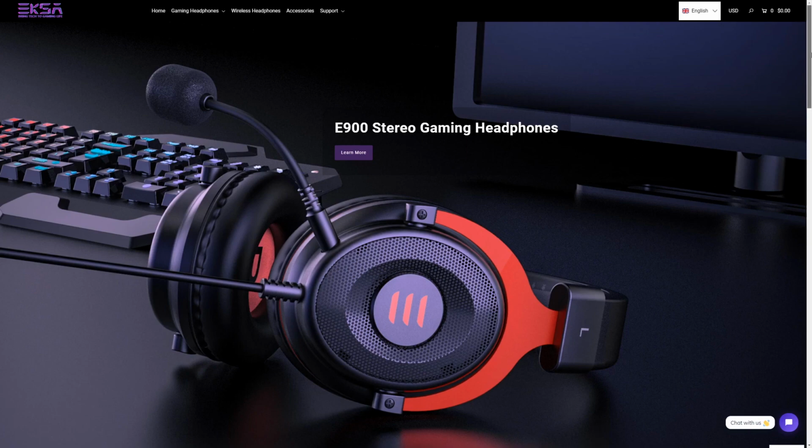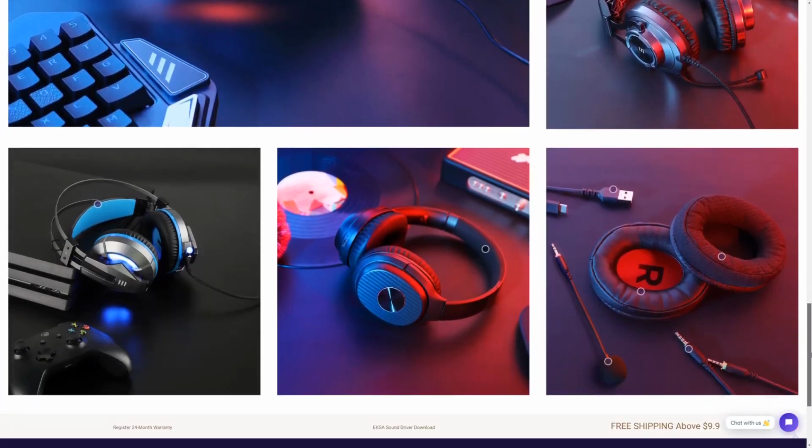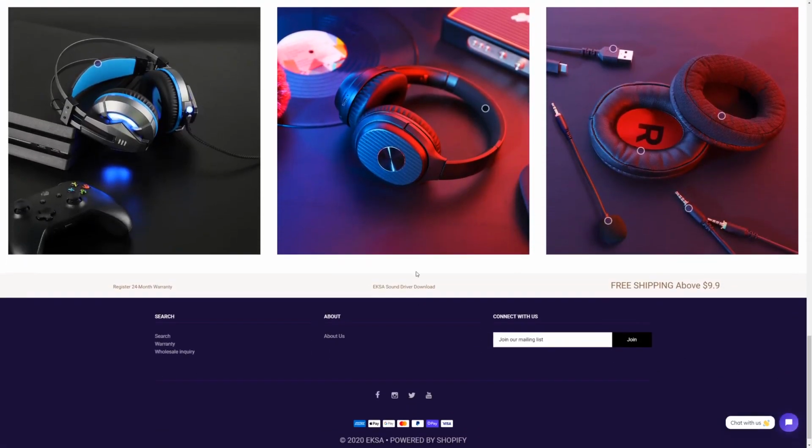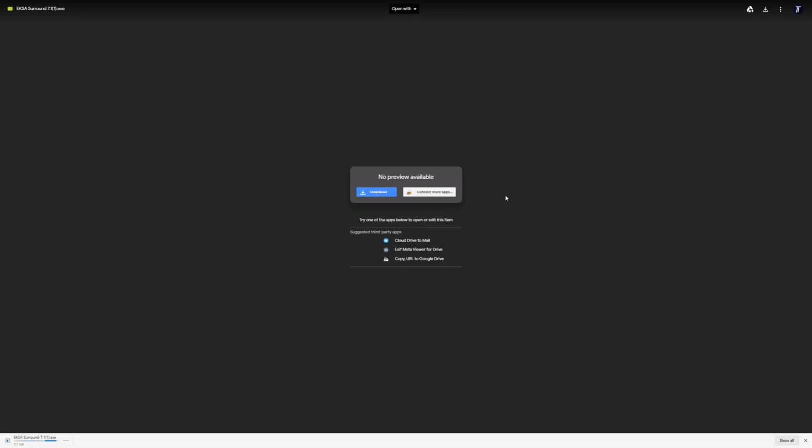Firstly, head to the EKSA homepage and you can either click support at the top and then download, or scroll down to the bottom of the page and click where it says EKSA sound driver download. Click download on here and then click the blue download button in the middle of the next page to begin the download. It should begin the download in the bottom left of the screen, and once it has downloaded you